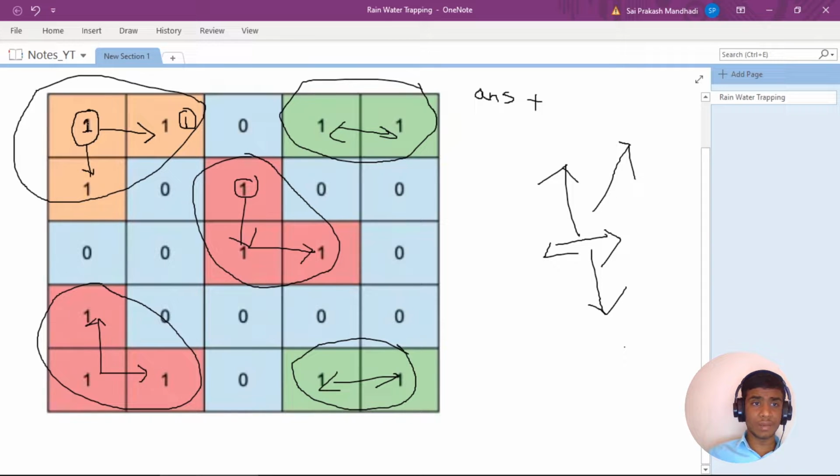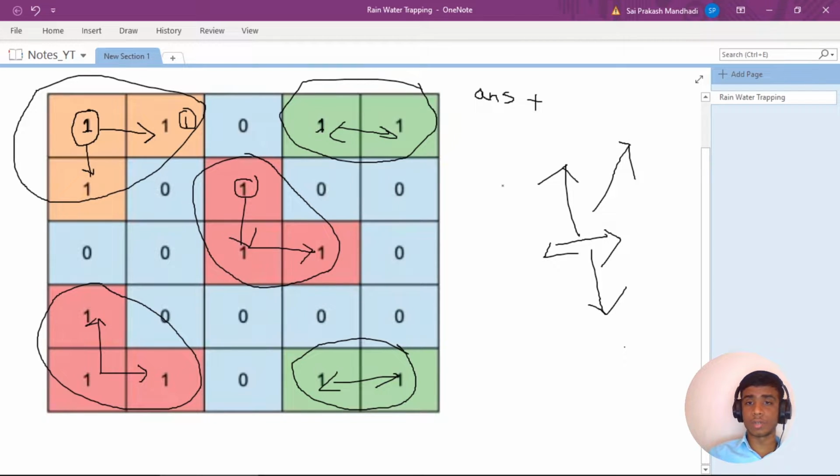So whenever I see a 1, I start a new island, and I do the breadth first search so that I can join all the lands that are considered part of this island. Once the search has ended, we return and continue the search. And again, whenever we see a 1, we similarly perform the search.